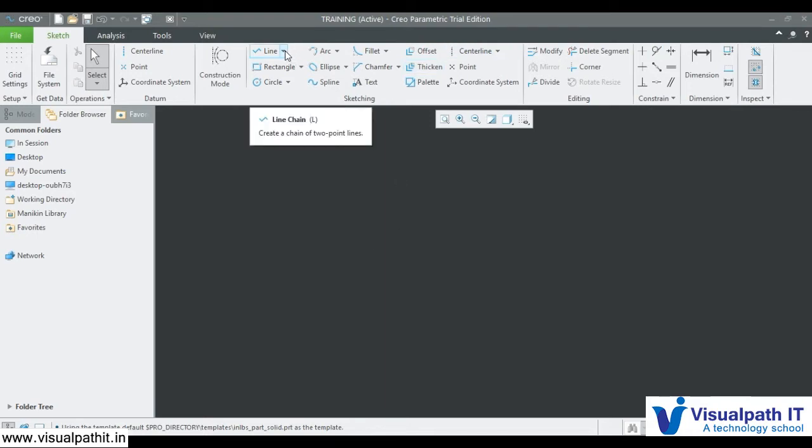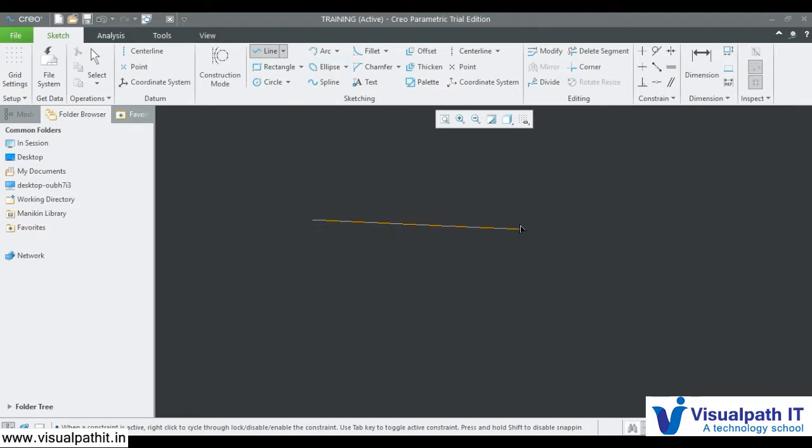So this is line. We'll start with the basic thing, line. There are two different things: one is a line chain, another is a line tangent. First, a basic line. You can select two points and create a line. If you want to continue the line to make a polygon, something like that, then you can keep clicking to create more lines.